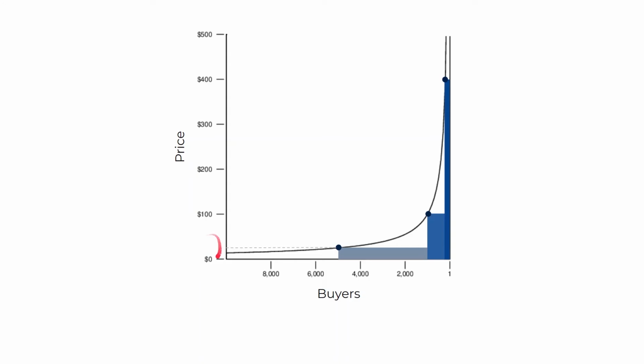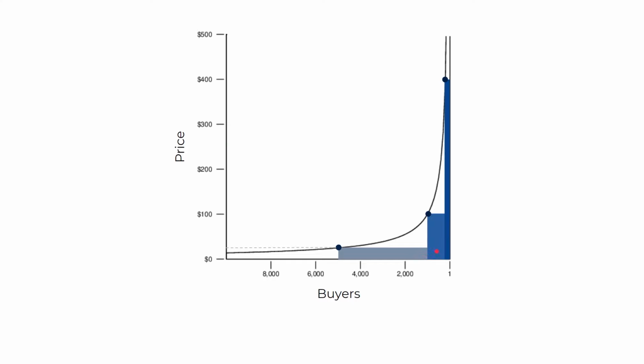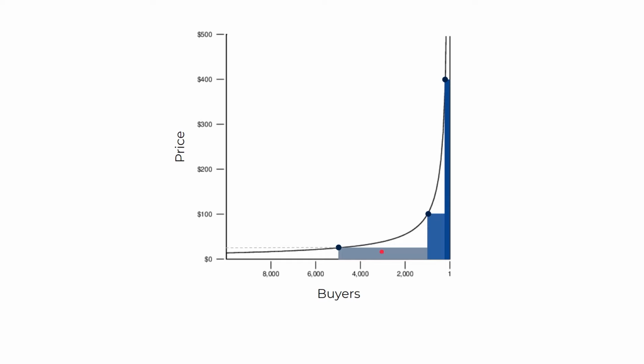Now, bear with me, we'll see how to get to the price level of $400. But first, let's see the other point on the curve, which is the $25 here. So at $25, we have 5 times more people buying the product. That is 5,000. So the area of this thing here is 25 by 5,000, it's $125,000. But they are still overlapping, okay? So this area is still 80, this area is still 80, and here we are losing 1,000 by 25, which is 25,000, so this area is 100.